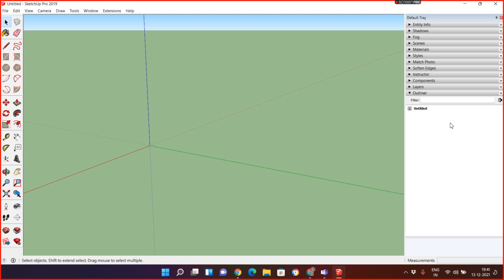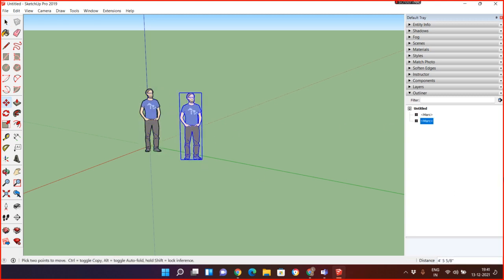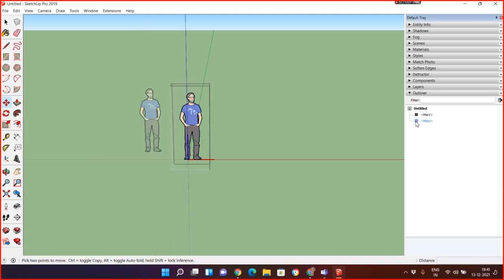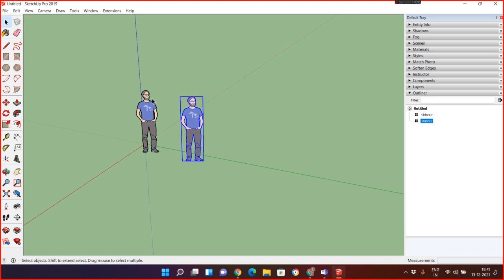If I delete this one, it's gone. And if I copy, it's two objects. So component and group are showing over here. I'll explain what is a component and what is a group. For now, just understand the outline: whatever is in the object, you will find over here.